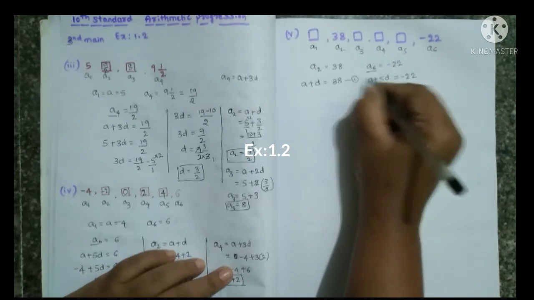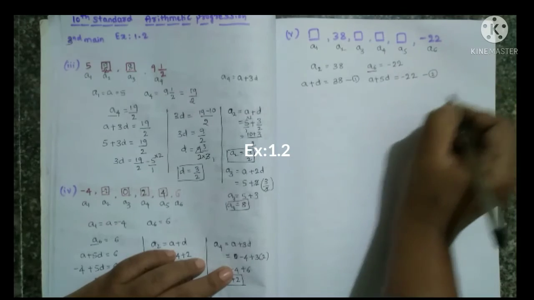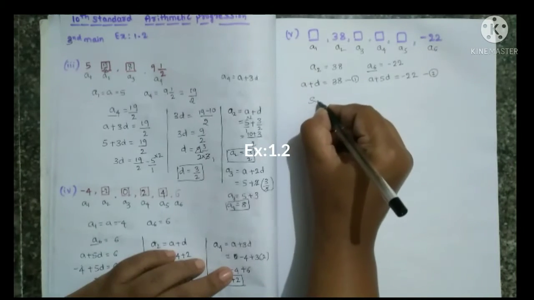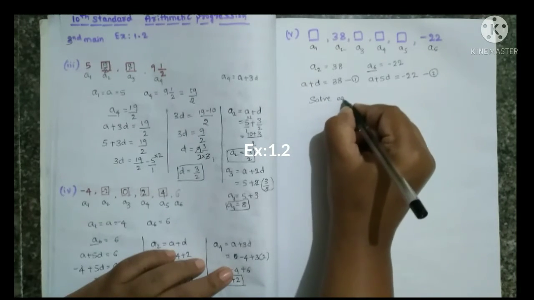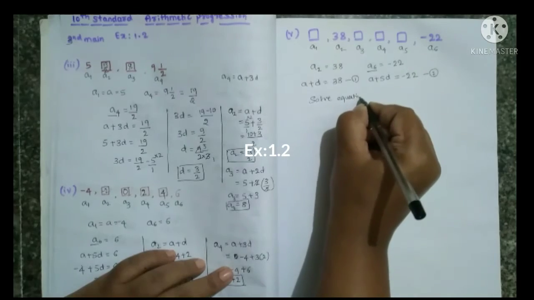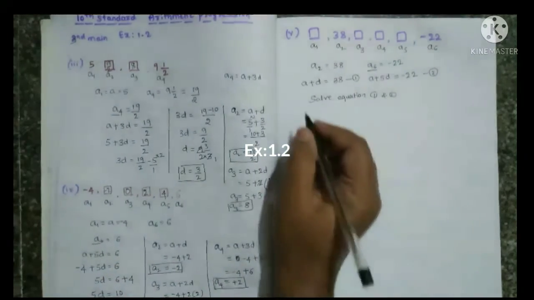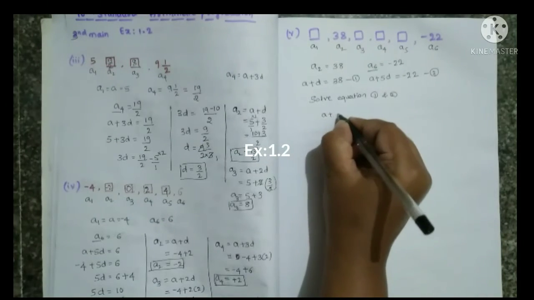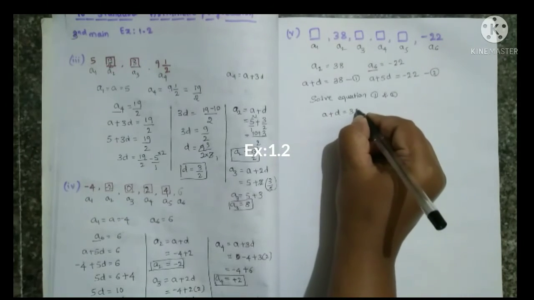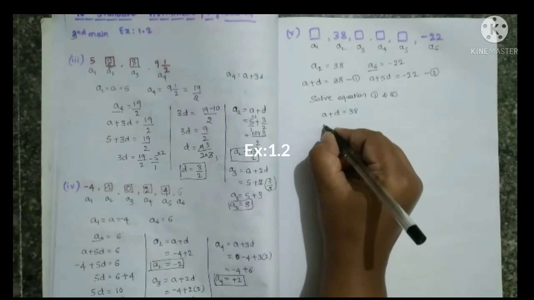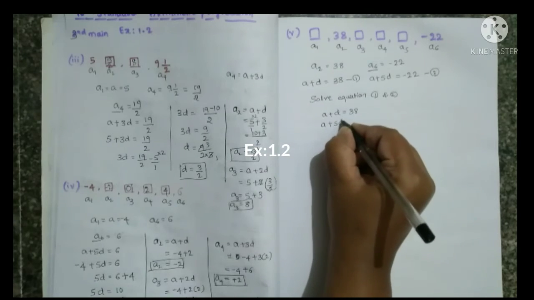This you take as equation 1. This you take as equation 2. Solve equation 1 and 2. Equation 1, what we have? A plus D equal to 38, and equation 2 we have A plus 5D equal to